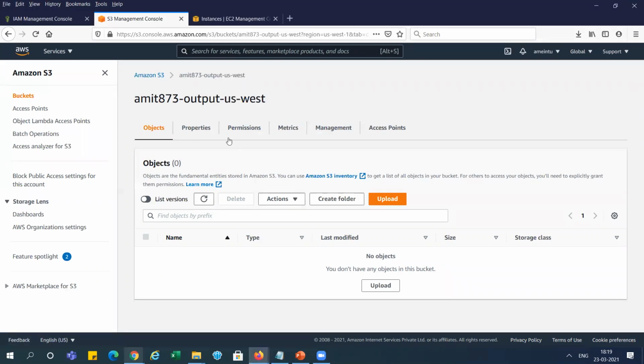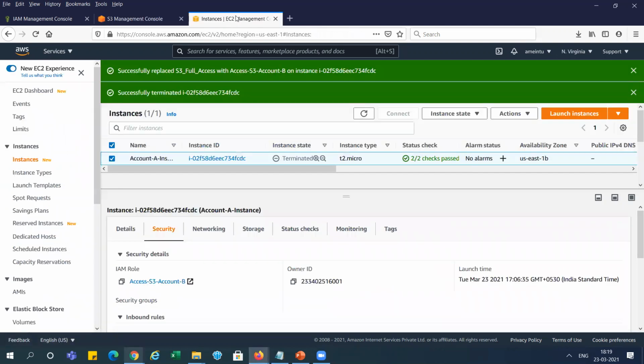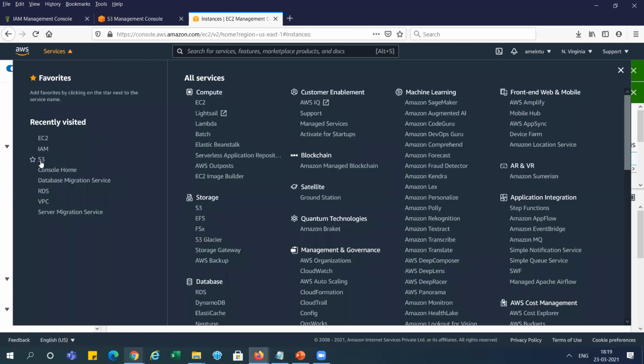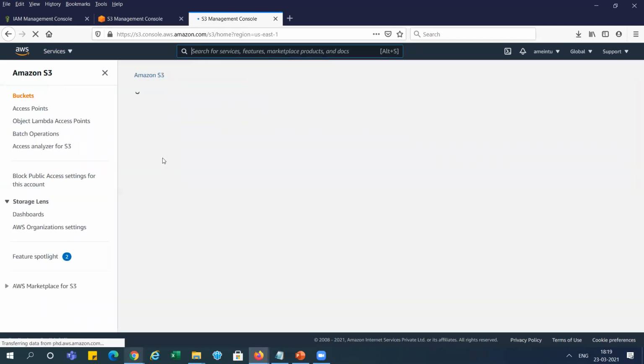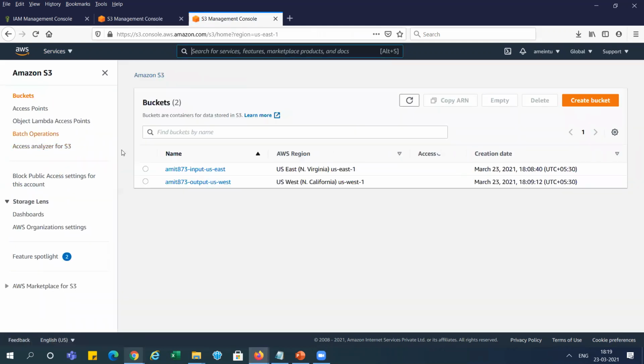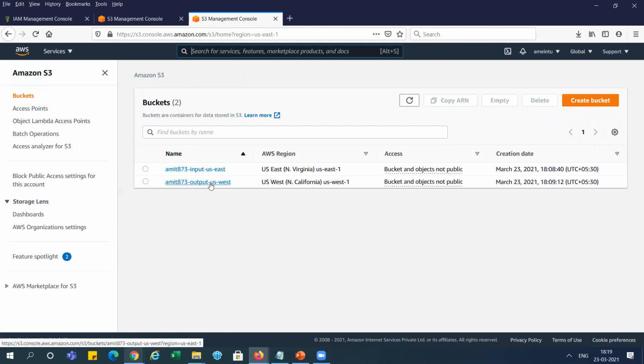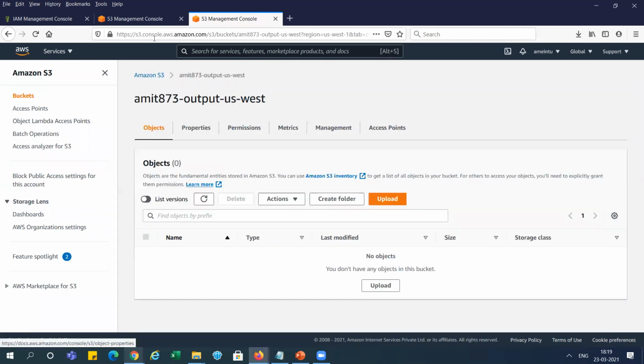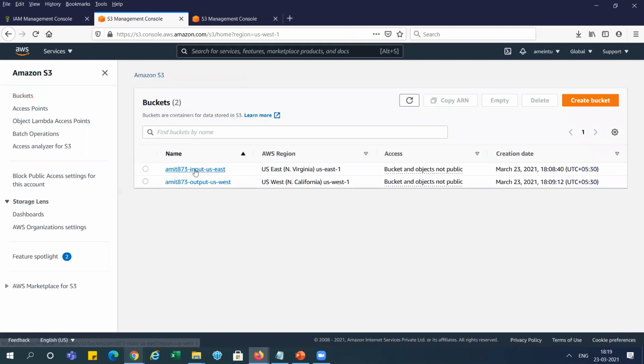We will add one object to the input bucket, right? Let me open one more window for that. S3, right? So there we will open one bucket. You can see here we are opening US West, and here I will open US East.